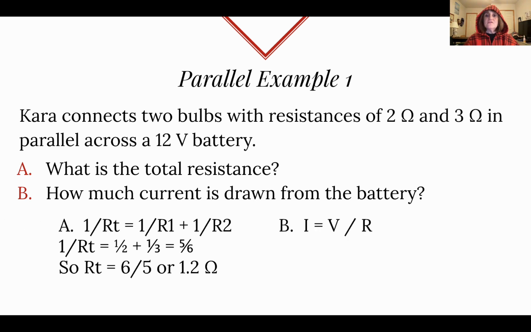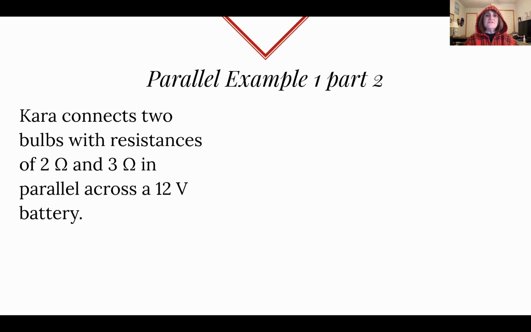The current drawn from the battery is the total voltage divided by the total resistance. 12 divided by 1.2 gives us a total current of 10 amps. We could continue this and find the current through each branch because that is separate. If Kara connects two bulbs with resistance of 2 and 3,